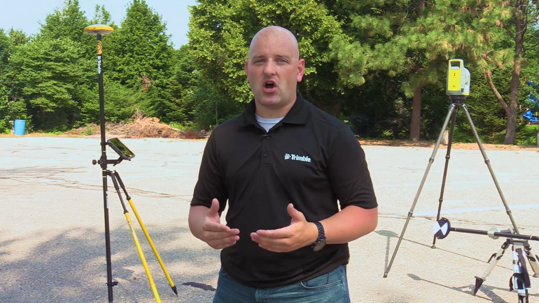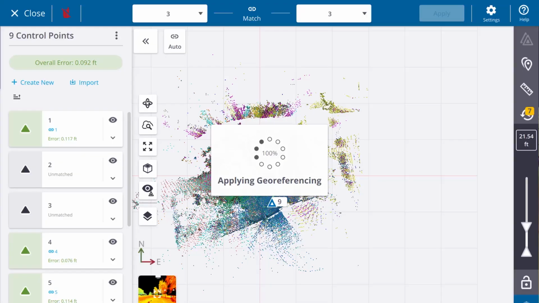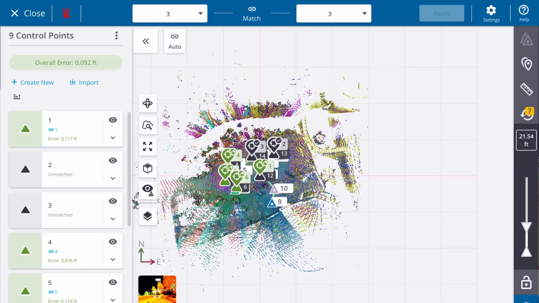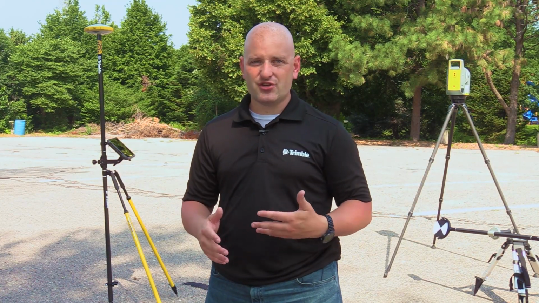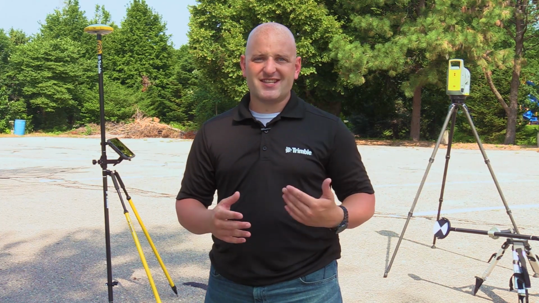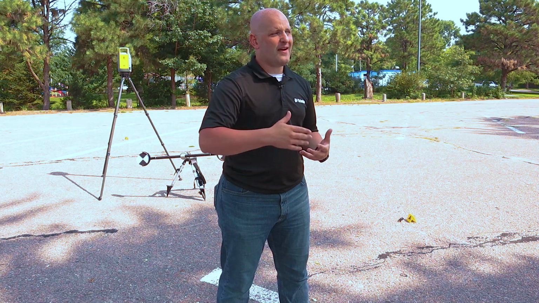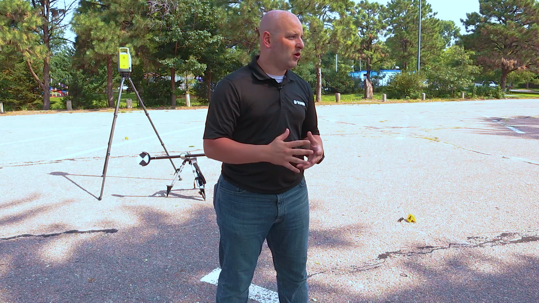Now, the Capture X7 plugin is going to bring in my GNSS points automatically. Then, compare the spacing with the annotation points I gathered with my X7. Once it finds a match, it's going to give us the result. Now, as usual, the best way to do this is with multiple points rather than just 2 or 3. That way, if one of them is off, you can discard it from the solution and still find a good fit. Now, I like to gather 5 or 6 just to be sure that I have enough to find a good solution, rather than having to go back and have to do it all over again.